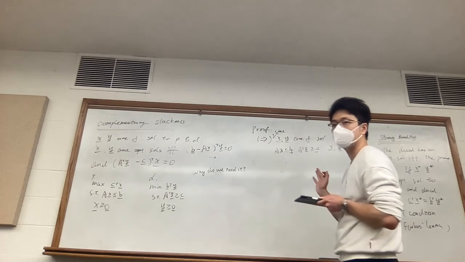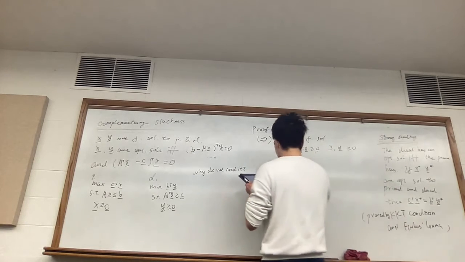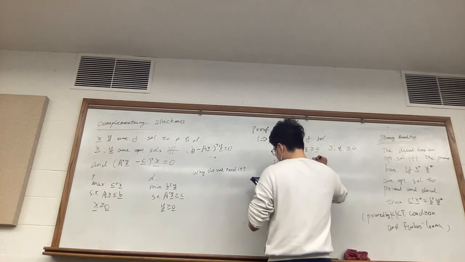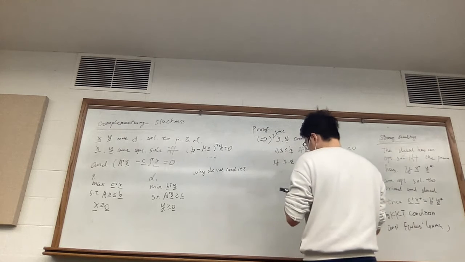This is what the feasibility tells us. So if x, y are optimal, then